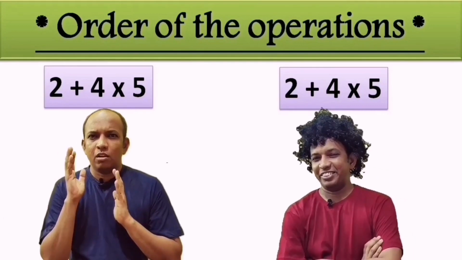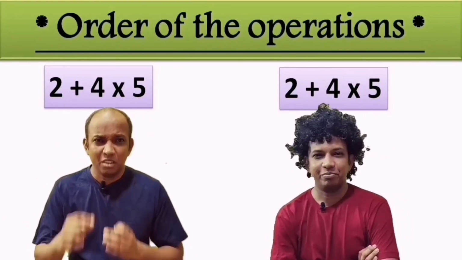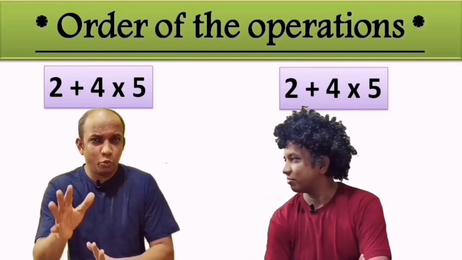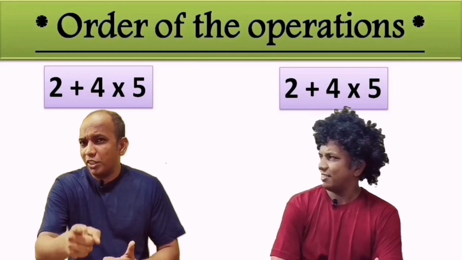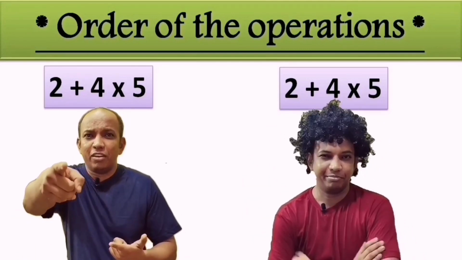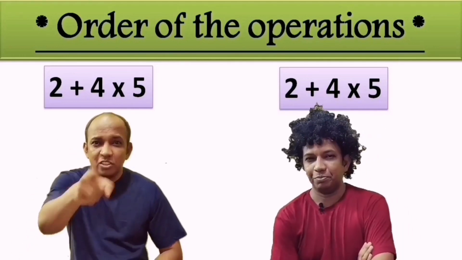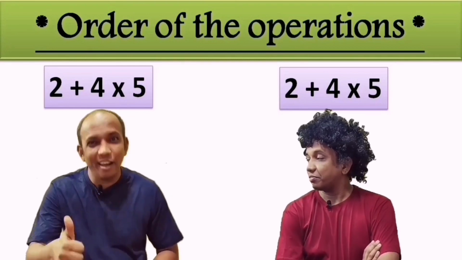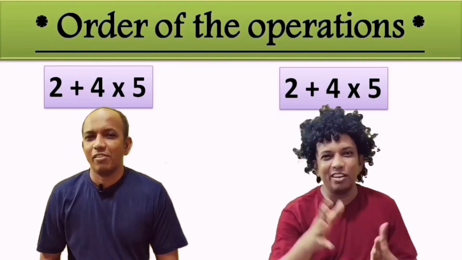See friends, I have a calculator and I have first calculated this sum and I know the perfect answer also. Don't worry. I like addition, so I will solve addition first. So in that manner, 2 plus 4, answer is 6 and then multiplied by 5, and I have calculated on calculator. So my answer is 30. I'm damn sure it is right. He doesn't know anything. I will let you know.